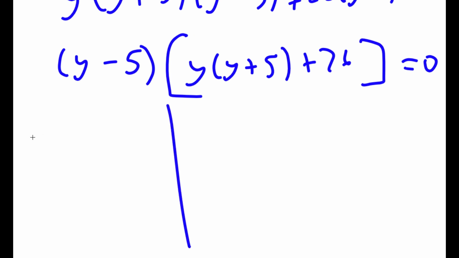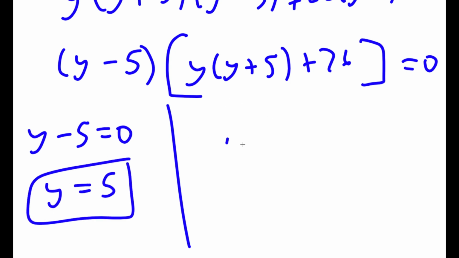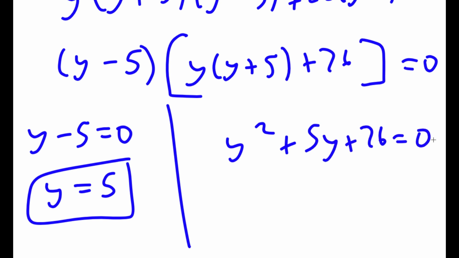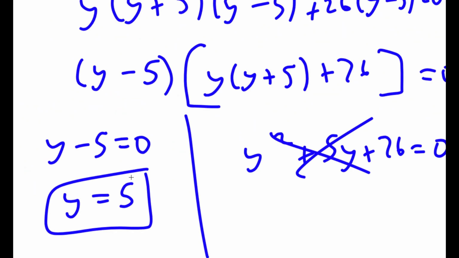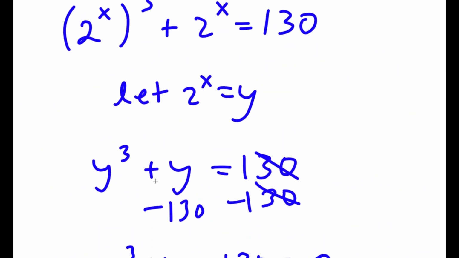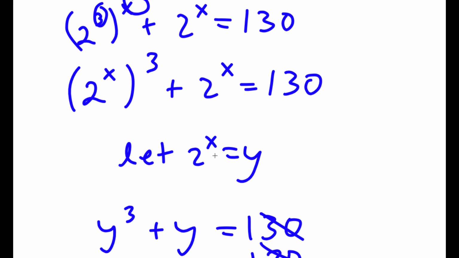So now this gives me two equations. I have y minus 5 is equal to 0, which means y equals 5, and I have y squared plus 5y plus 26 is equal to 0. And to solve this, we actually have to use the quadratic formula, and I'm not going to waste your guys' time by doing it, but if you do end up doing it, it actually won't work because you get the square root of a negative number, and you can't take the square root of a negative number. So we are left with y equals 5,